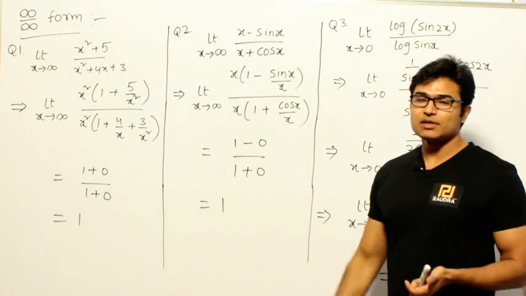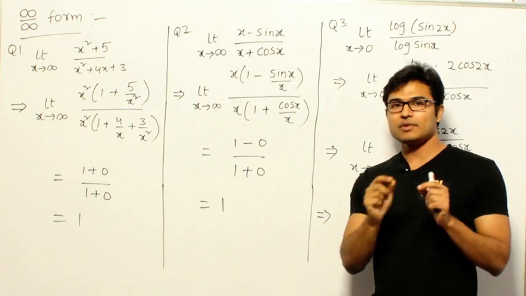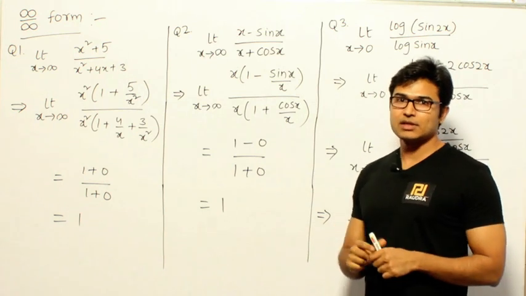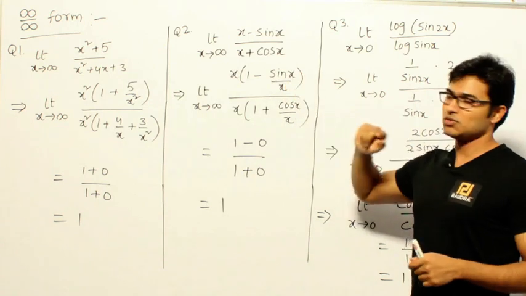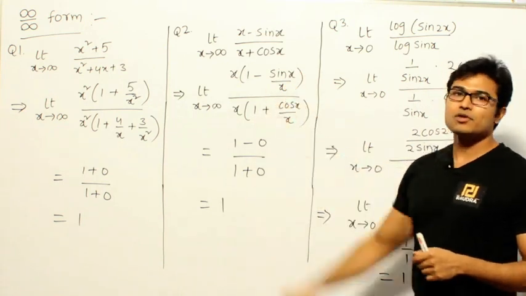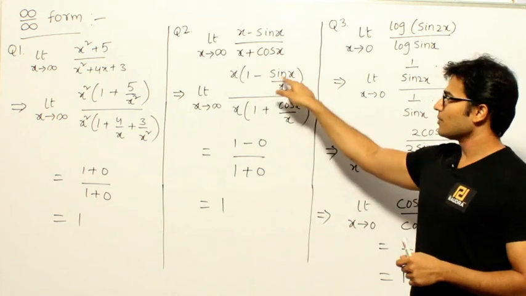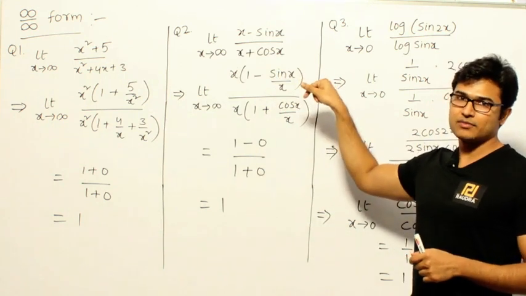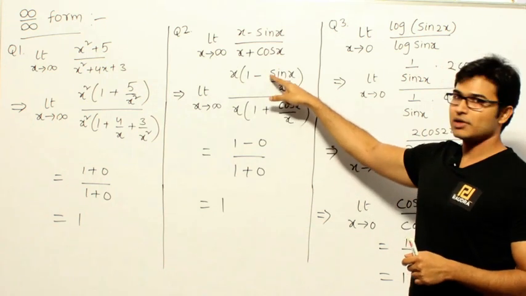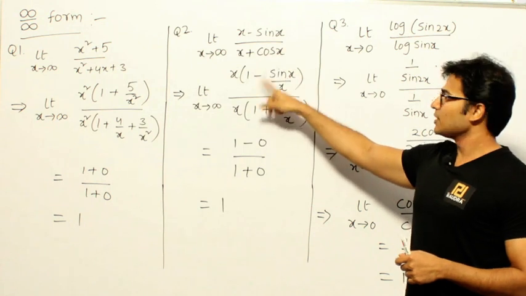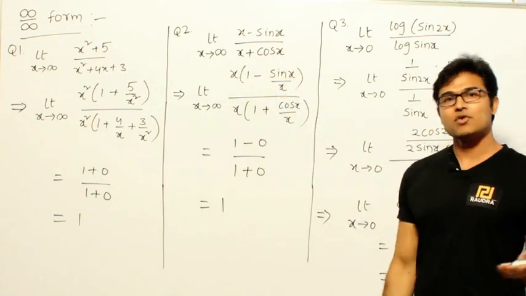What is sin infinity? Whatever the value of infinity is, the sin value is always going to lie between minus 1 and 1, isn't it? Therefore here you are going to get a value between minus 1 and 1. It is always going to lie between these two values, and the denominator is going to be infinity, so overall it is going to be 0. 0 multiplied with a range of minus 1 to 1, isn't it? See, the denominator is infinity, so you can take it to the numerator, which is 0. Now 0 is multiplied with this range of values from minus 1 to 1,